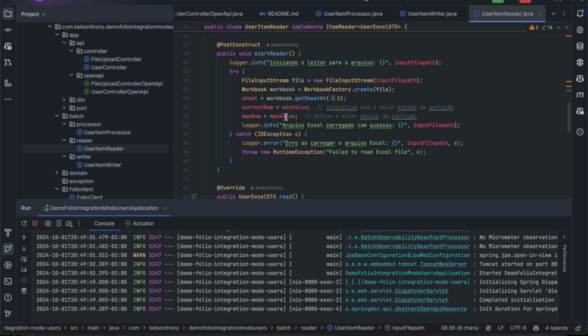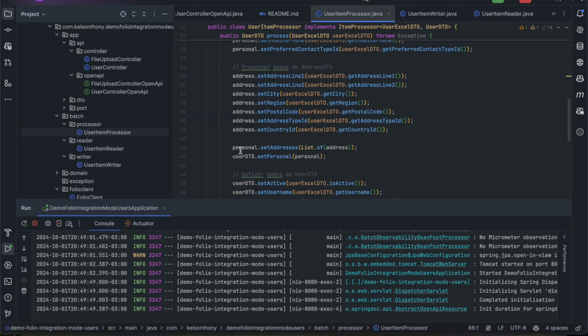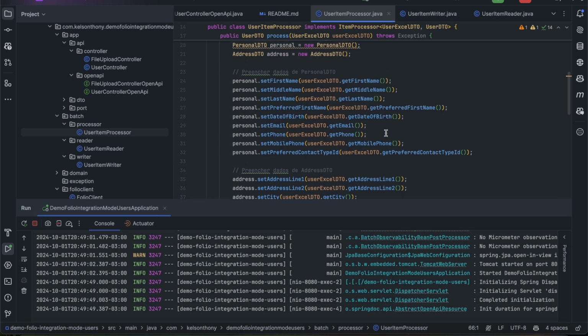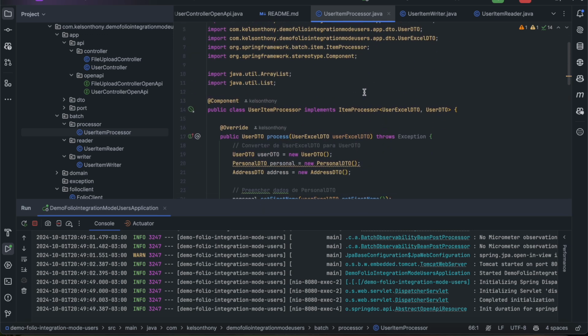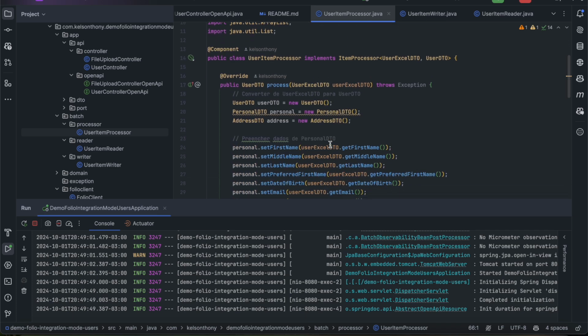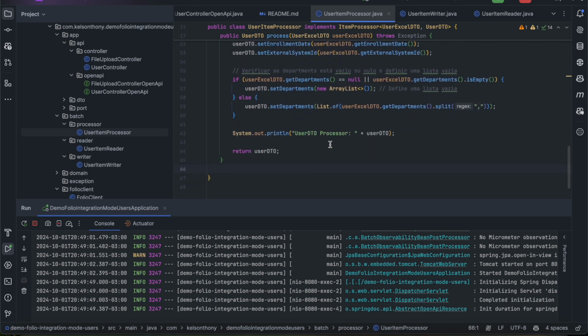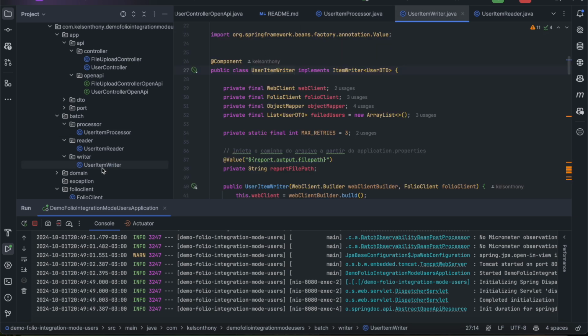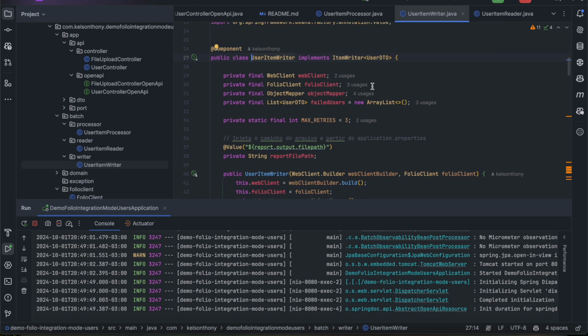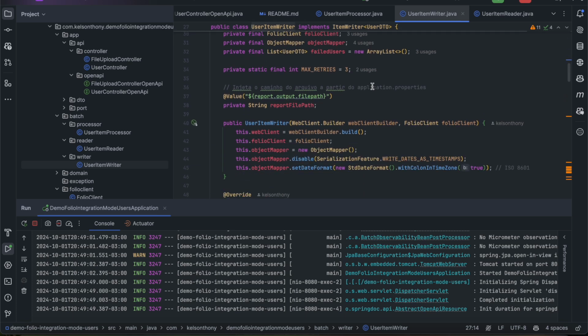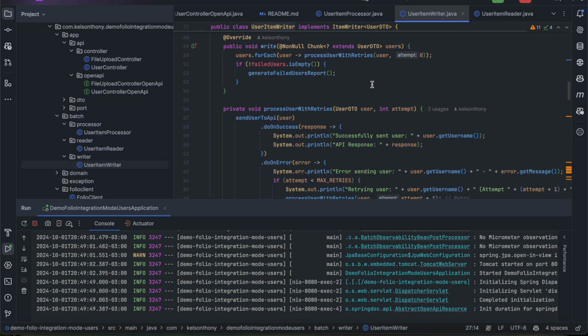After the read, the next step is the processor, and this one converts from the Excel file to the DTO. Here we set everything in our DTO. We check here a business rule that has been created, just for demonstration. After that, we have the writer, the last step. Basically, we take this one and send it to the